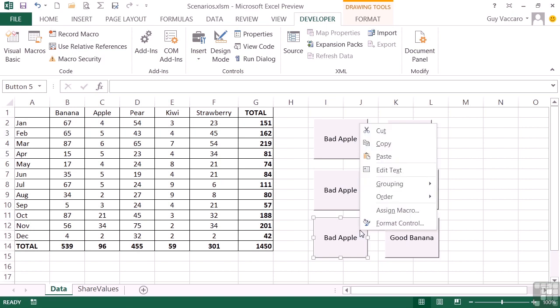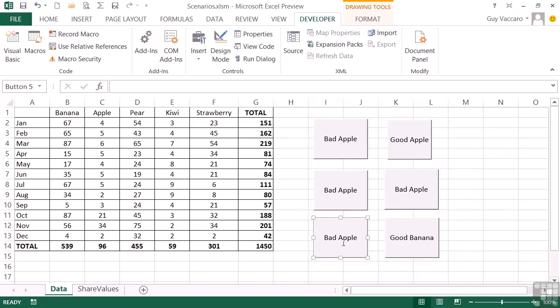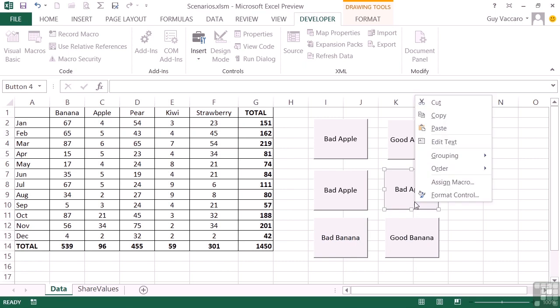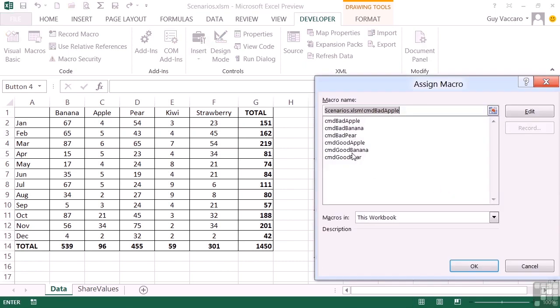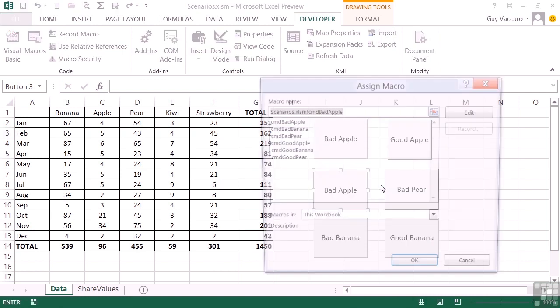This one, we need to assign the macro and have bad banana run. But I also need to change the text while I'm here. Otherwise, I won't know what it does. And then these 2, right click, assign macro, bad pear, change the text. And this one, assign macro, good pear,